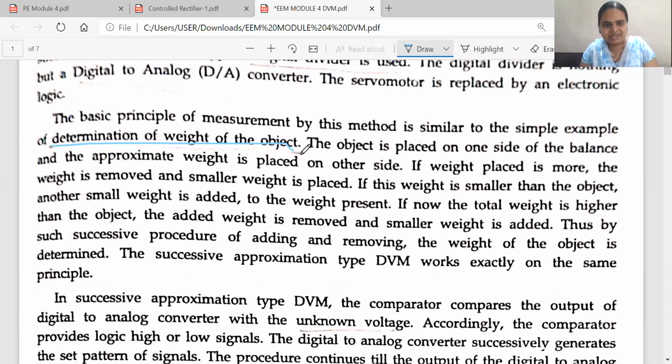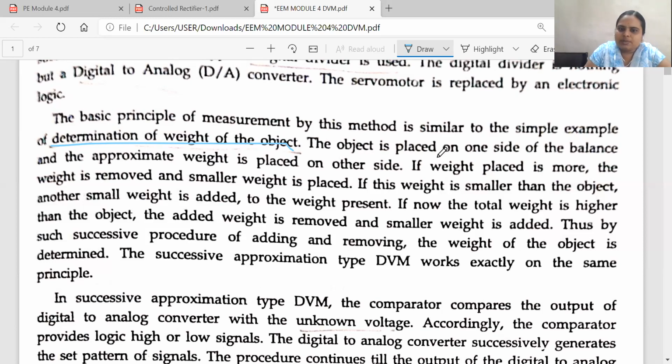If it is not balanced, it may be that the carrots he put are of less amount, then again he will add more. If it is more, he will remove some carrot, so that the 1 kg of carrot and the 1 kg weight are balanced. The approximation theory we are going for, the same thing here also we will be going for.